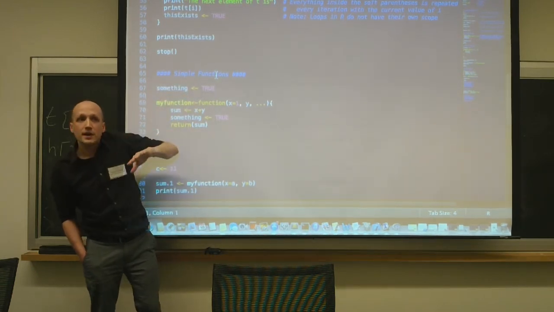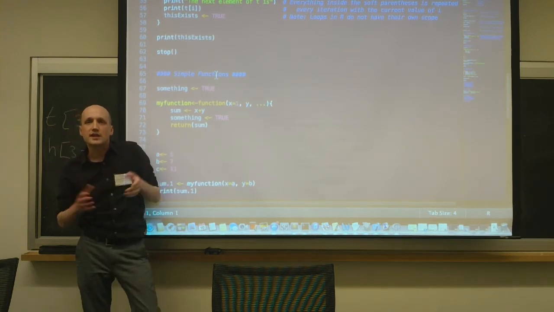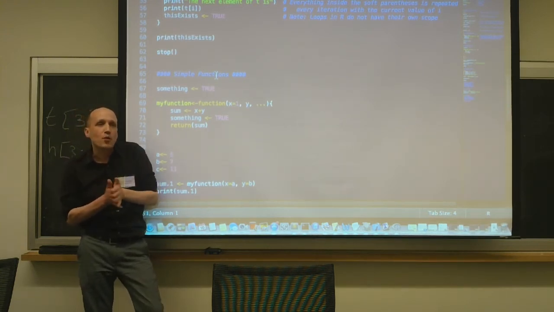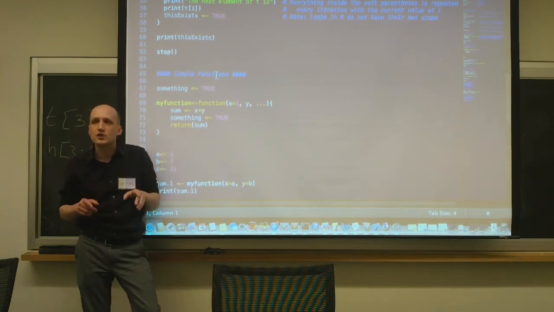Any questions about looping? We'll come back to looping. We can make loops much more complicated than this, but this will get us up and running. Looping is an important structure that you want to build. It looks a lot like looping in almost any other language. Any other questions about looping?